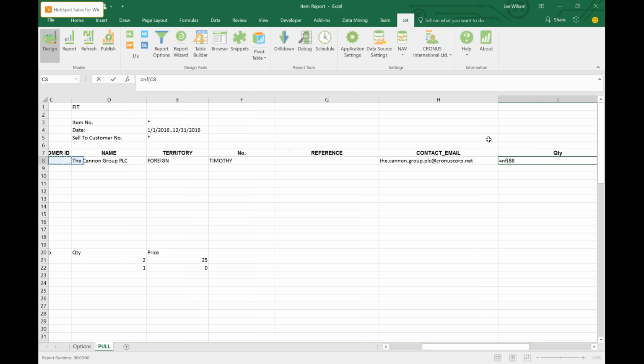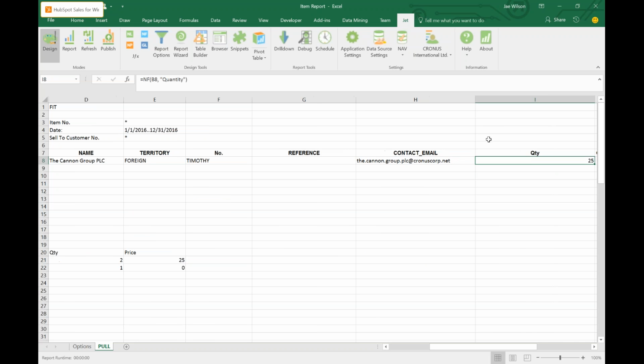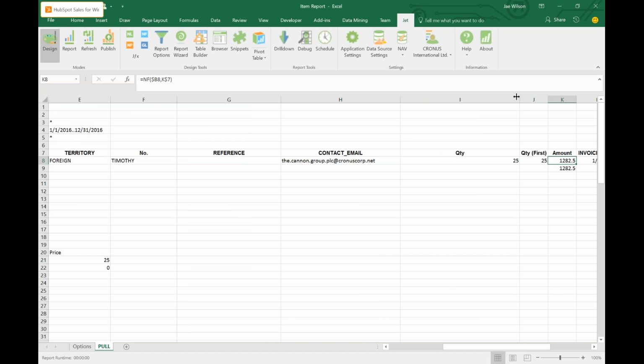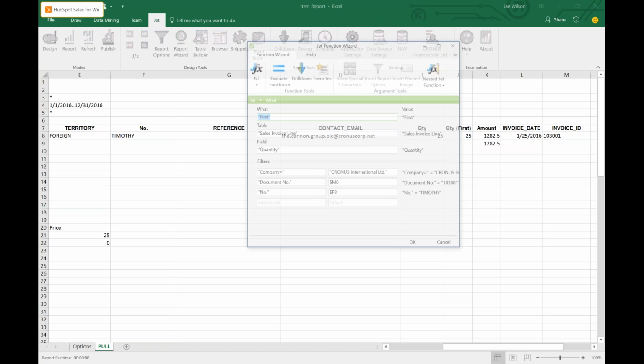So I go back to column B because that says what record I want. Now what field do I want to see? I want to see quantity. Cool. Now, you might say, but Jay, theoretically, shouldn't you be able to get the right answer with an NL first? And the answer is yes, you can build this report using an NL first, but